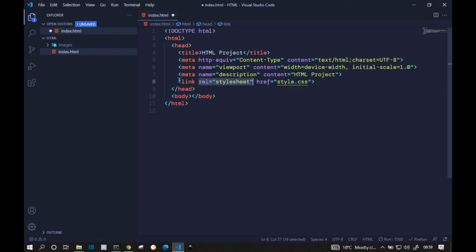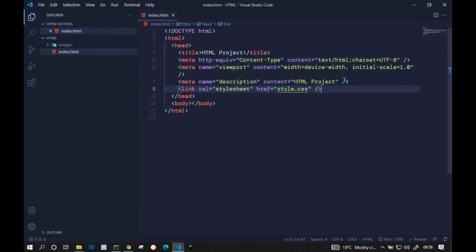And you can see the tags that we have included here, they are only single tags. They don't have the opening and the closing tag. They only have the opening tag. And if I save this file, you'll see that I have Prettier installed and it will auto close them. And this is now called a self-closing tag. So it can either be this way or it can be just an opening tag.